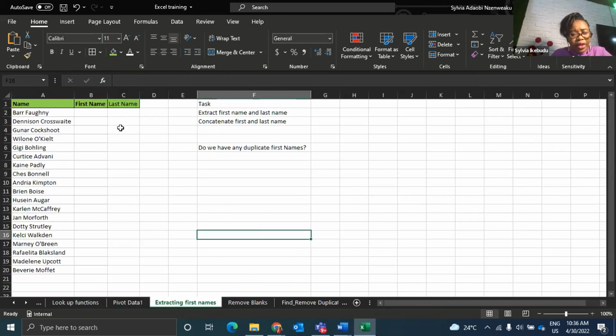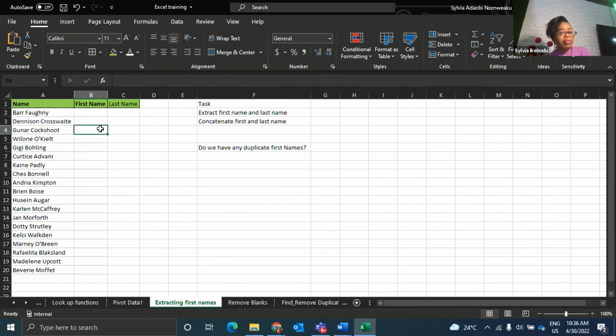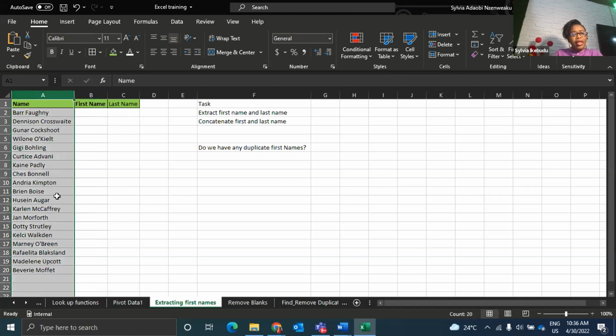So going further, we're going to look at how to extract first names, just in case you're trying to clean the data from a database or from a data source, and you need to extract just the first names and the last name, when given that the name is together in this case. So to extract the first name,